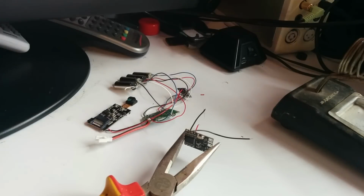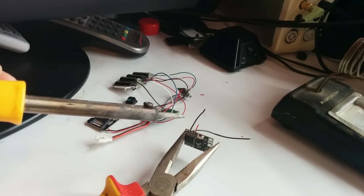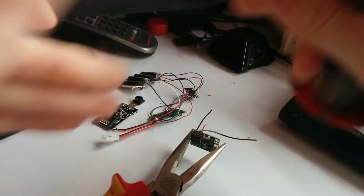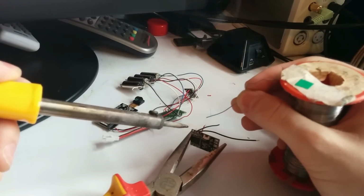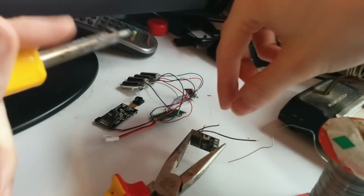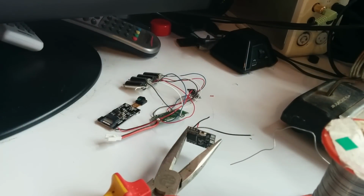Okay, I had to reposition that because the camera is in the way. So, try and solder this last video on. You can see here it's quite time consuming. I think that's got it. Just want to make sure that...